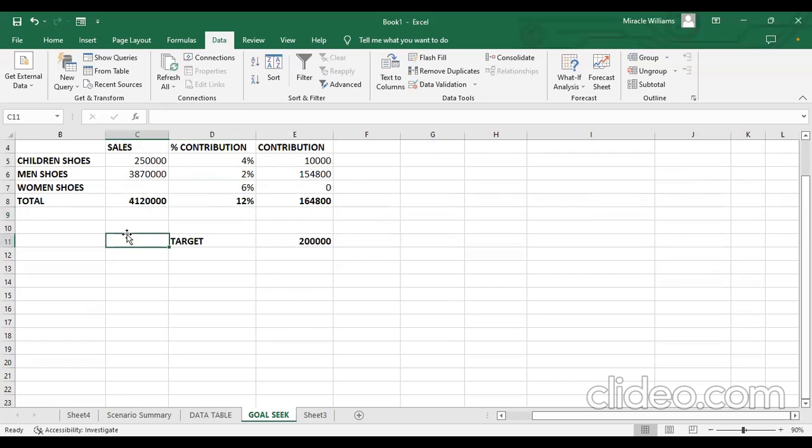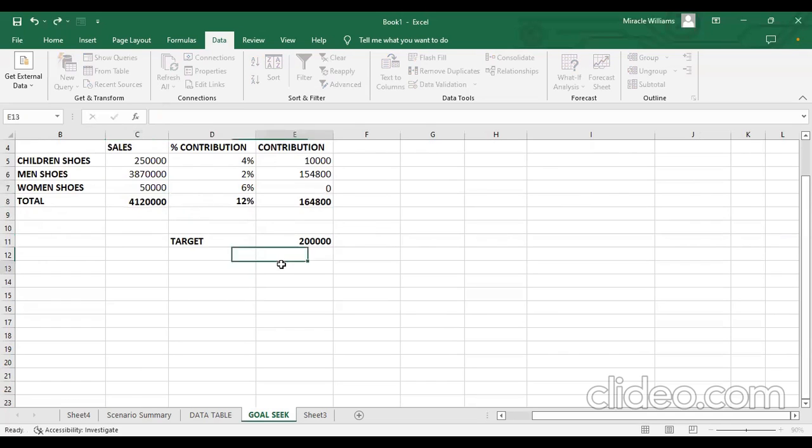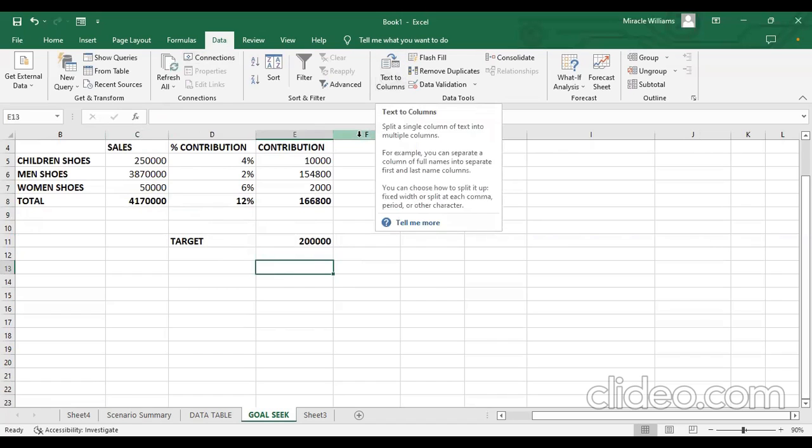And in the goal seek example right here, our target was what? 200,000, and we have 164,800. Now you can come in here and put as many options as possible. You can say, what if we sell 50,000? Are we going to meet our target of 200,000? You can see no. So instead of wasting time and just suggesting, you can also come to your data tab, and you come over to where we have